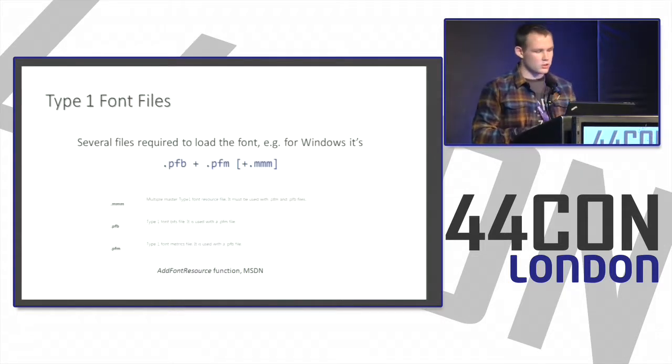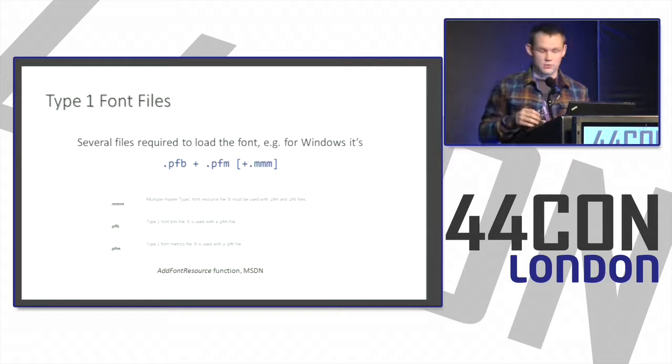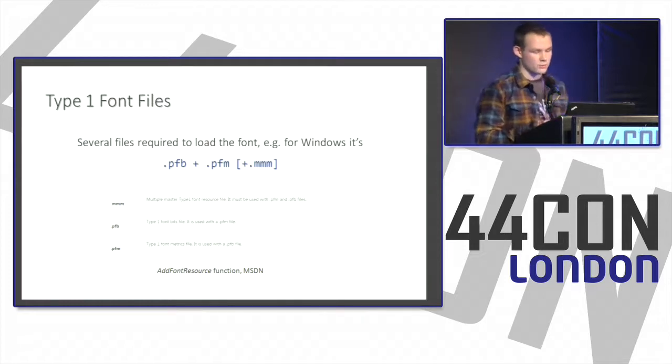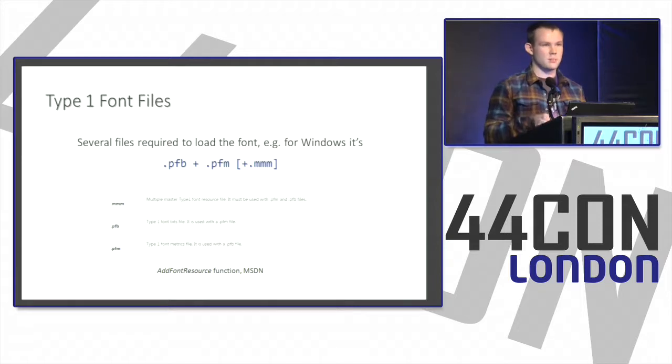Another interesting thing about Type 1 font files is that you actually have to have several of them to be able to load a font in the system. So for Windows, it's a minimum of 2 files with the PFB and PFM extensions, with PFB being the actual core of the font file, and PFM storing the metrics of the font. And you also have a third file that you can optionally use to load a font, which is related to